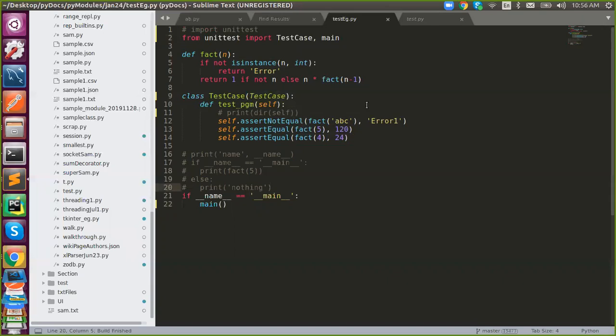Okay, so to prepare a test case file, this is the actual test case module. In this module you should not keep your program inside; you need to keep it somewhere else, and start importing and using it.